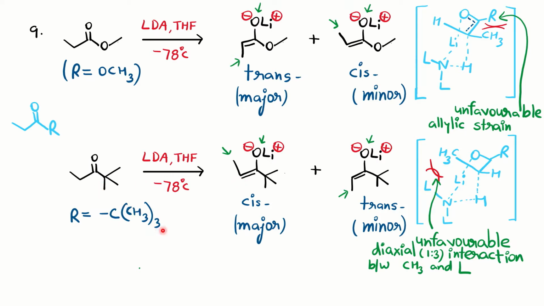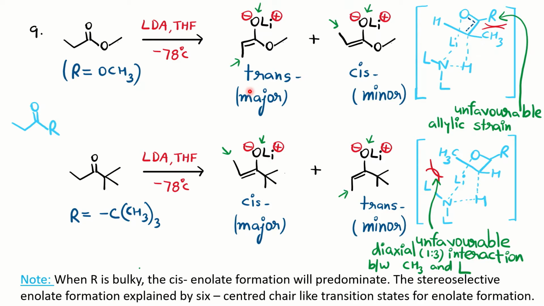And in case it is a bulky group, the methyl and tertiary have to be opposite to each other. So if you compare with OLi, the two are cis to each other. So cis is going to be major. So basically the conclusion is, if R is a bulky group, cis is going to be major. If R is a small group, trans is going to be major. Since we have written this statement which we have already discussed, the explanation for MSc students is given here. If they ask you that one is causing allylic strain, the other is causing the 1,3-diaxial interaction.